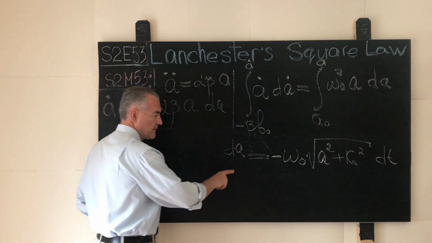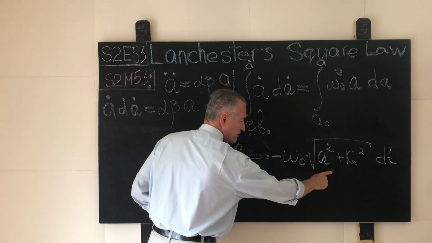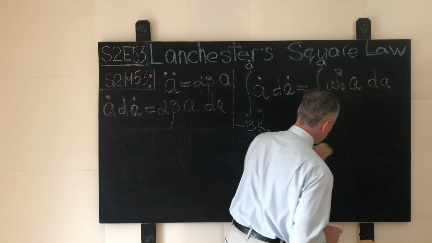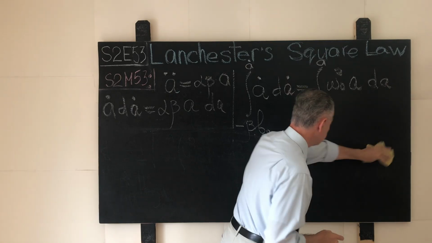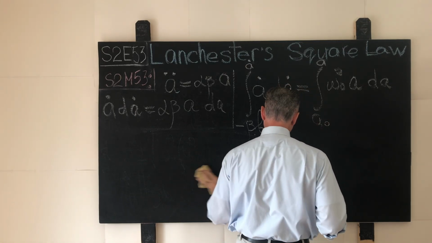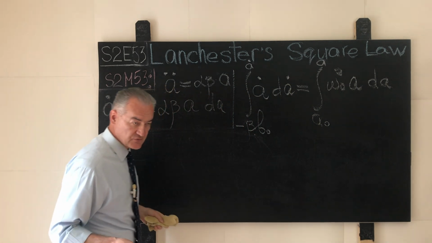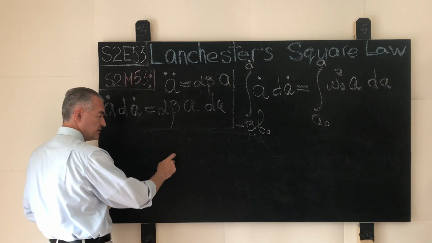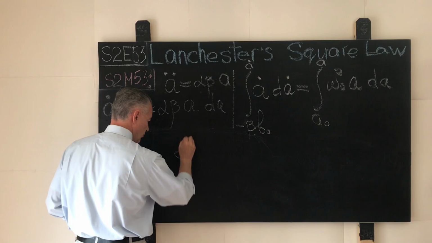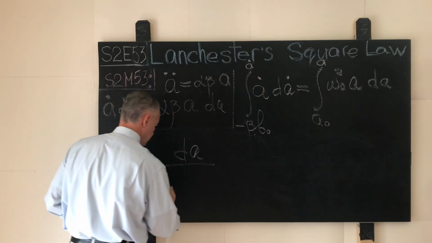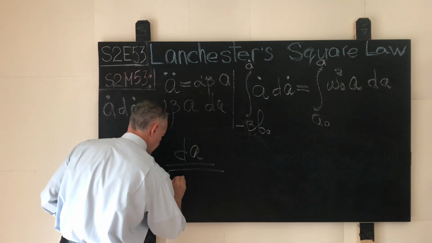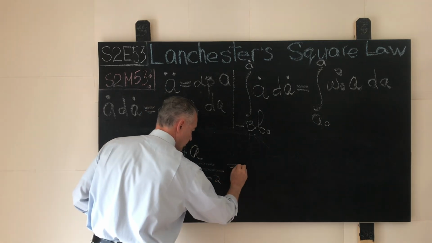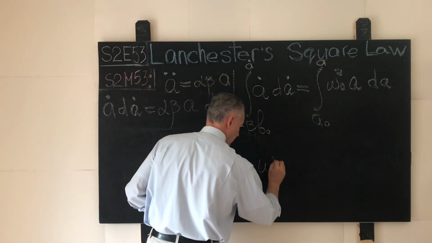Let's write down this result. Divide both sides of this equation by this square root. What will we have? Well, we will have the following result, which I will leave for now as it is, because it should be helpful for you when you solve problems in theoretical physics or problems in different areas of math. You may come to this point. The boundaries of integration will vary, but fundamentally the result that you obtain should be one and the same. dA divided by square root of A squared plus k0 squared is equal to negative omega 0